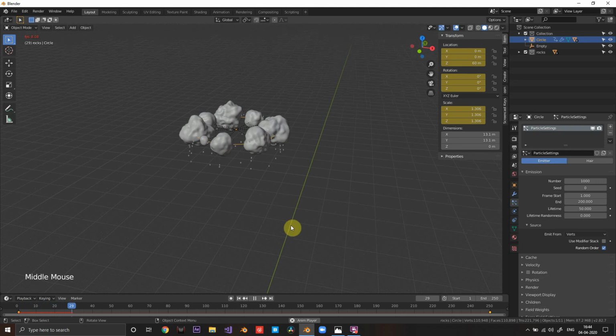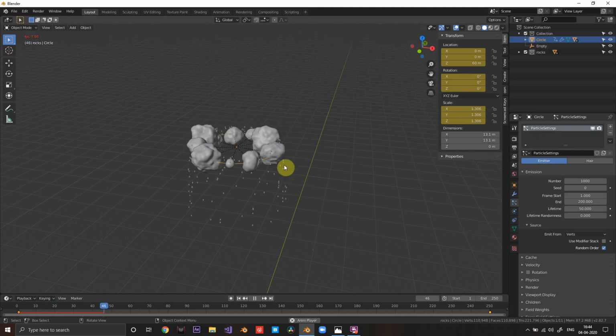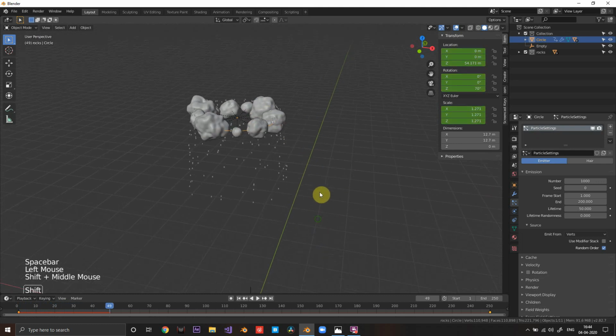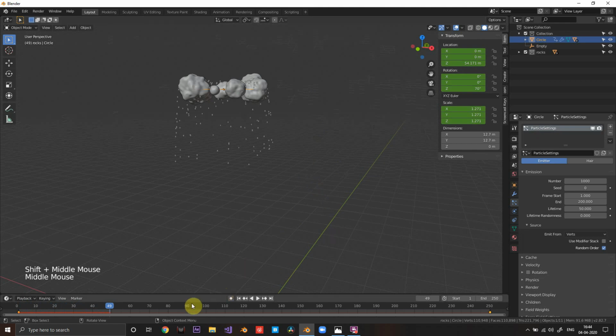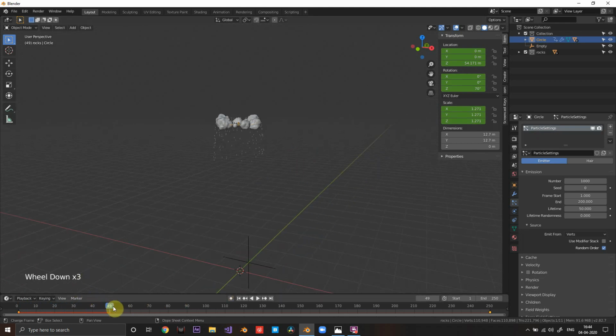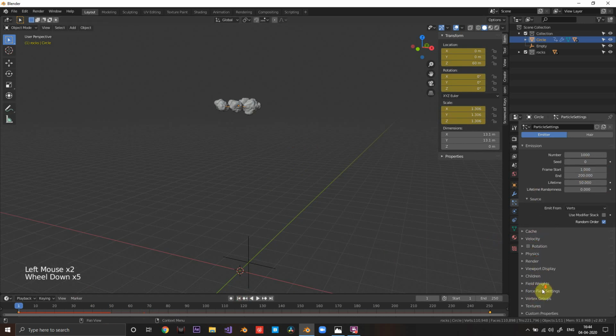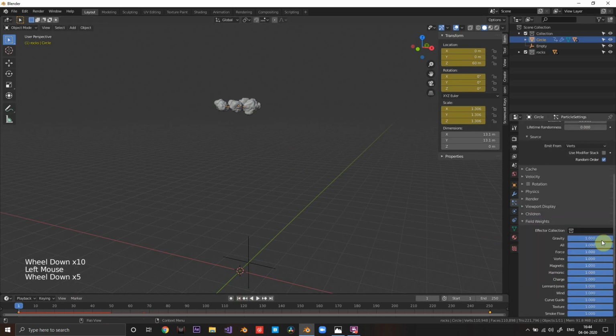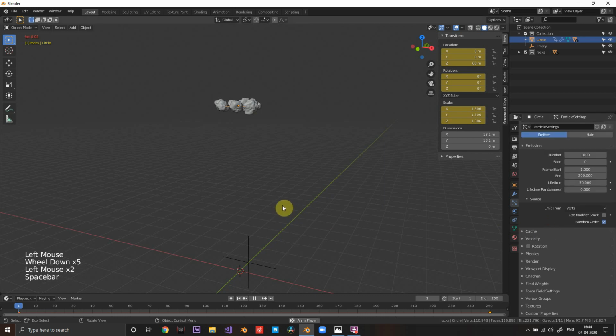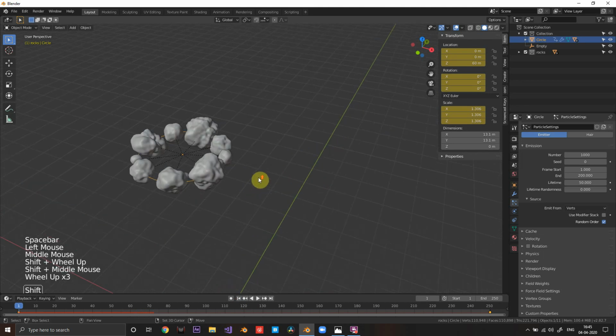They will fall, right? Okay, we don't want them to fall. So what we're gonna do is we're going to field weights and it will turn their gravity down. Now they will just stay there, but they will at least form a cool tornado or whirlpool or whatever